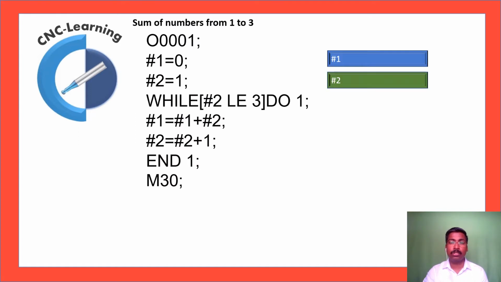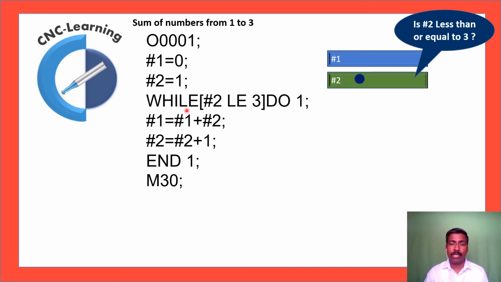Now we will see how this branching works. As I already told you, we will consider these variables as holders for value. So let's assume these are trays carrying something like chocolate or some fruits. We will consider it like that. So hash 1 is a tray, hash 2 is a tray. In hash 1 there is nothing, in hash 2 now 1 is kept. For example, say 1 chocolate is kept.